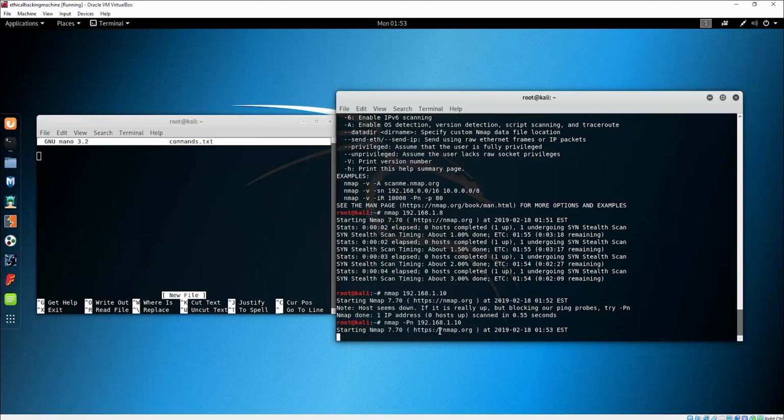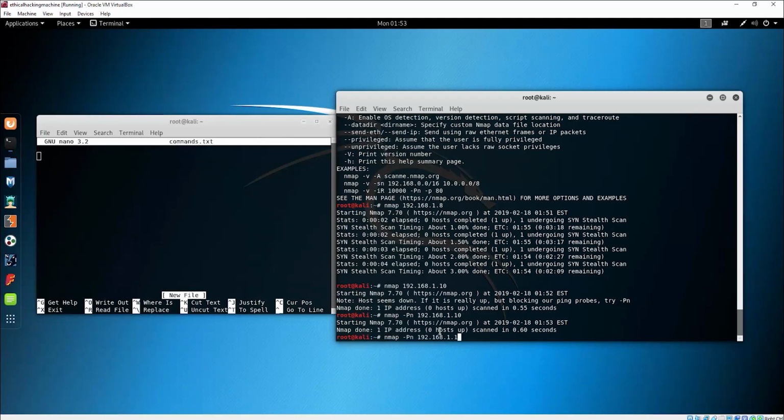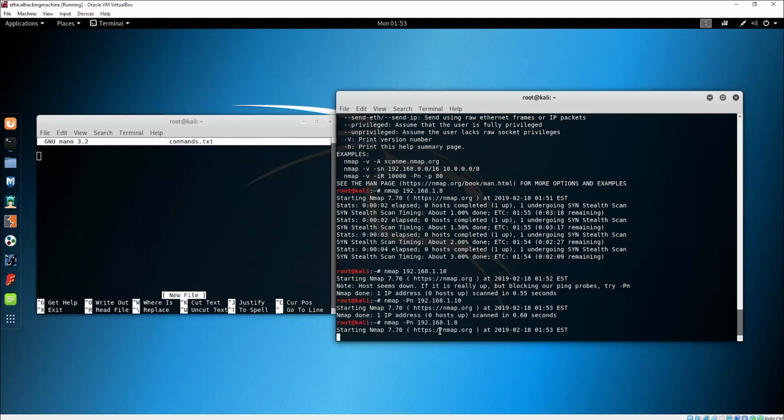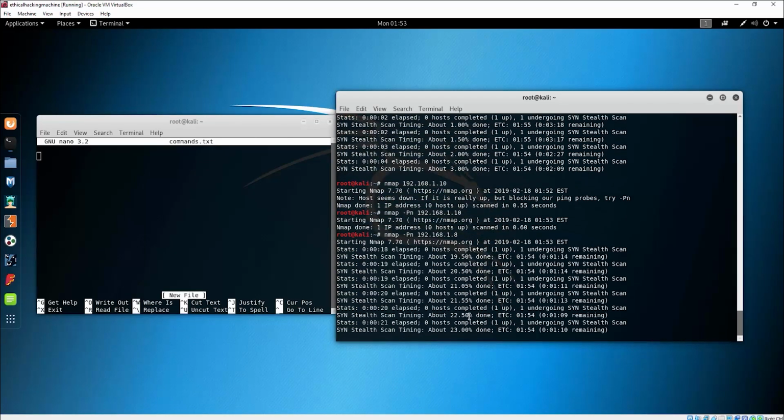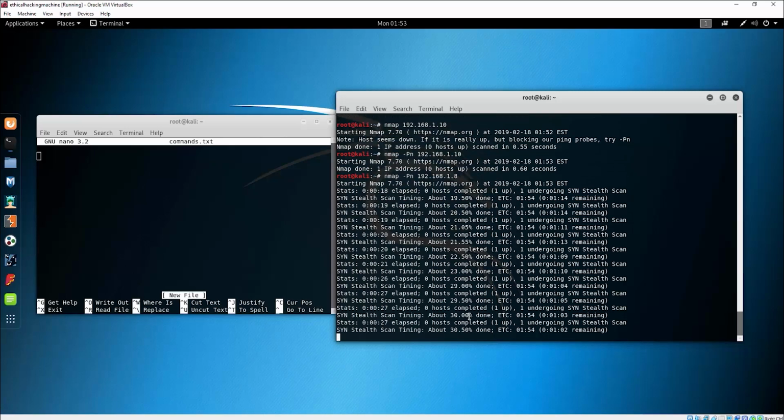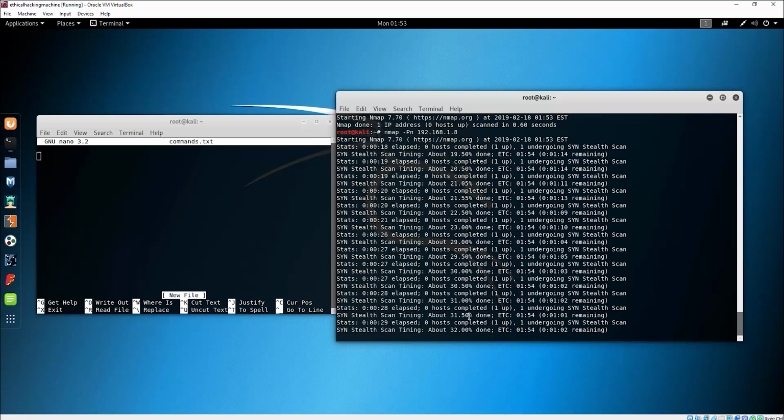Now in my case it won't show since I don't have anything there, so let me just scan my laptop once again. I just typed nmap -Pn and then 192.168.1.8, and it will skip the host discovery, automatically say that my host is up and running, and scan for its open ports. Now let me just see, it has finished around 22%. You might notice that this scan is going a little bit slower, so we won't be waiting for that to finish, there is no point. Or we can just leave it right here, perhaps it finishes while I type. So -Pn and then the IP address,